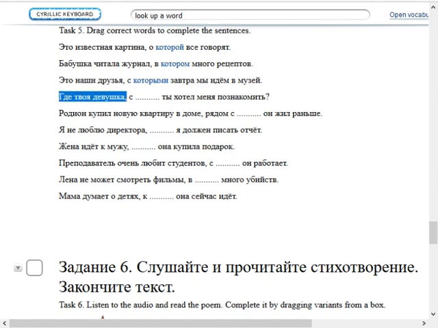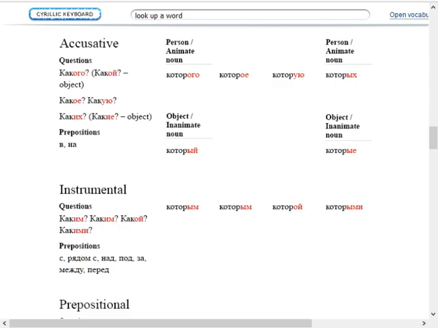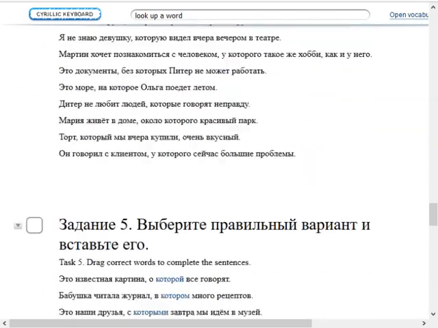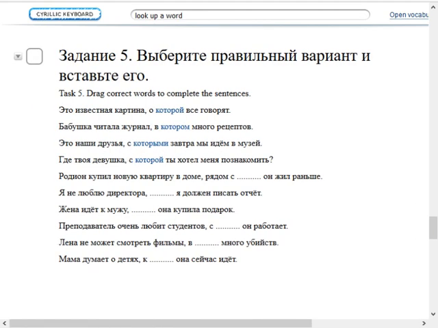Где твоя девушка? Where is your girl? Okay, so once again, девушка, с is instrumental and девушка is feminine. So instrumental feminine is которой. С которой. Где твоя девушка, с которой ты хотел меня познакомить? So where is your girl with whom you wanted me to meet? Okay, so the question is saying, where's your girl whom you wanted